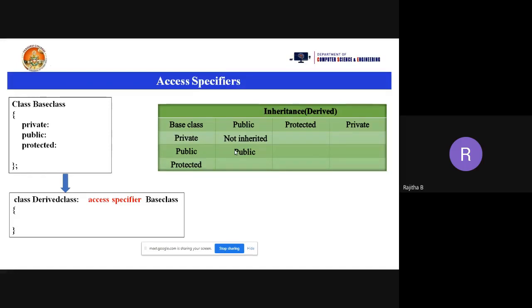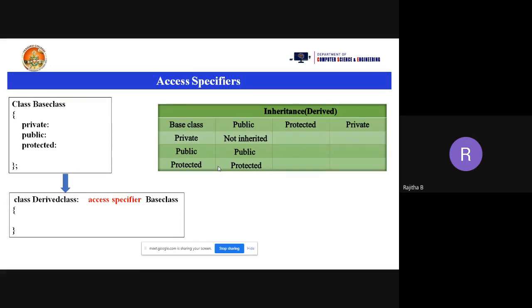Now suppose the base class consists of protected members and you use public as the inheritance access specifier: these protected members act like protected only. Protected always remains protected. Whether you use public, protected or private, protected members act like protected only.